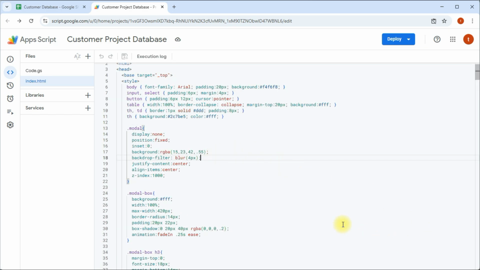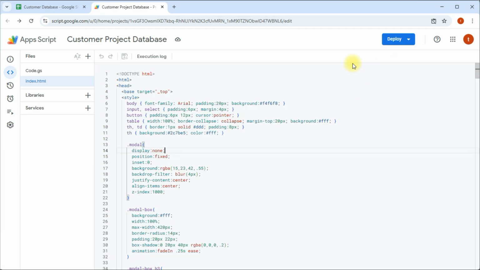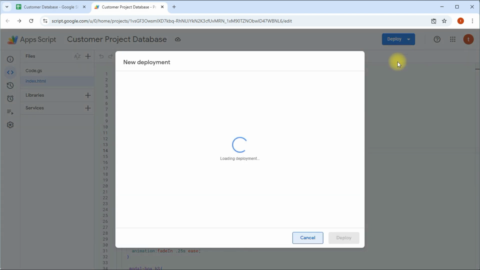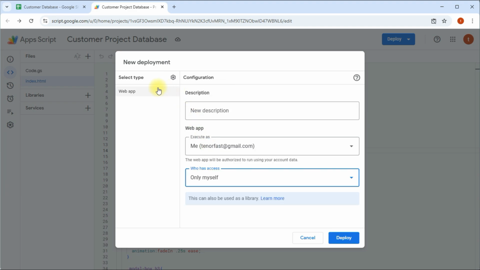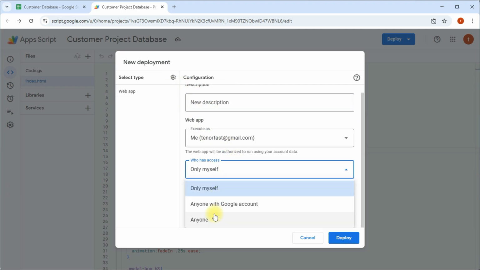along easily. Okay, now it's time for the most exciting part, making our application live on the internet. To do this, we are going to click on Deploy and select New deployment here. Okay, under Select type, choose Web app. Now, here is a key step. Make sure to change the access to Anyone.